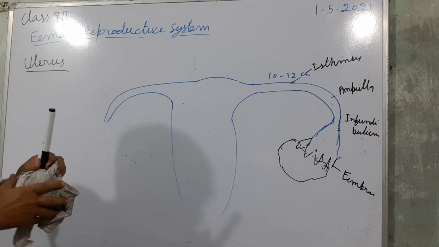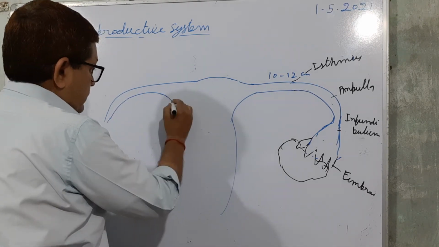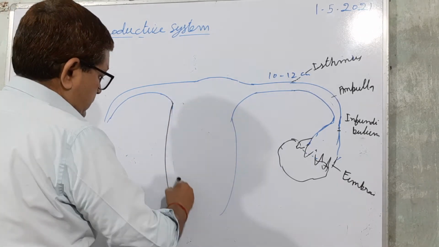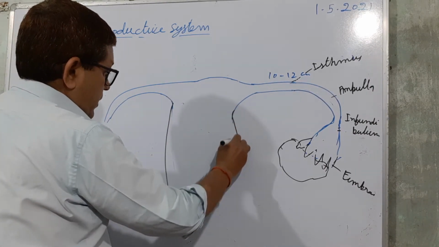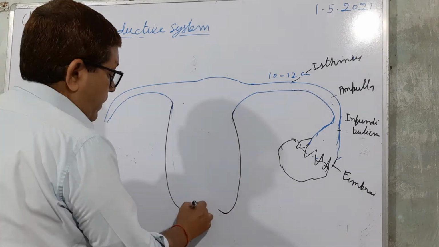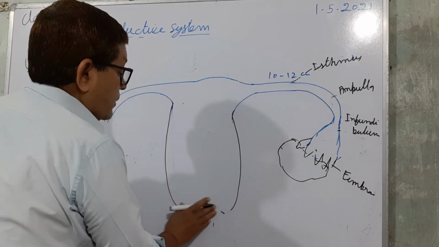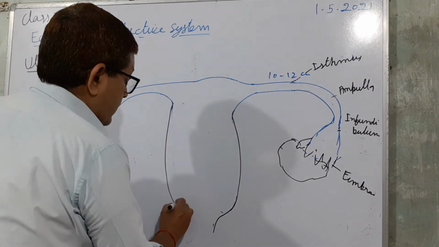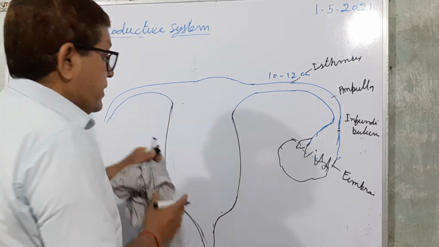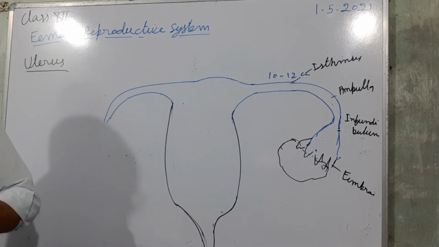This is a single inverted pear-like structure, and attached